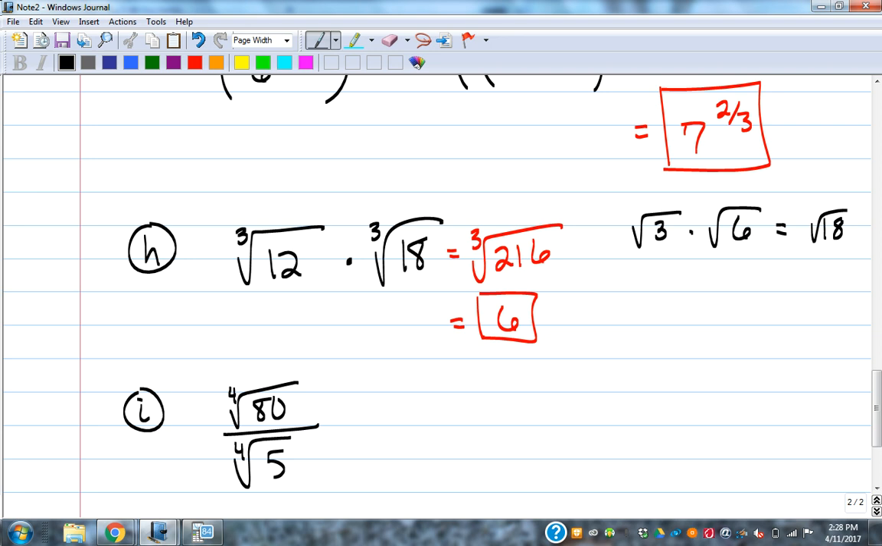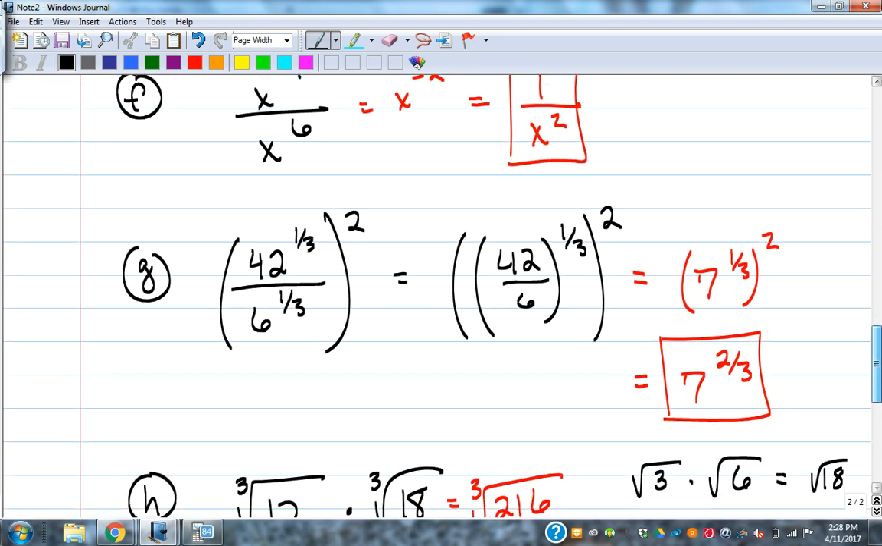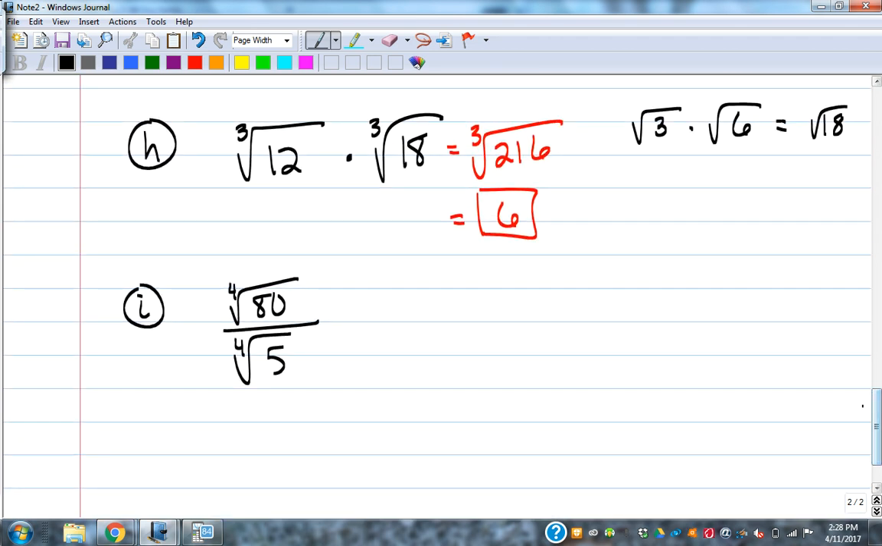Fourth root of 80 over the fourth root of 5. Same root, right? So this is kind of like example G. If they're the same root, I could do this. Why would I want to do that? Because 80 is divisible by 5, right? So that simplifies to the 4th root of 16, which is